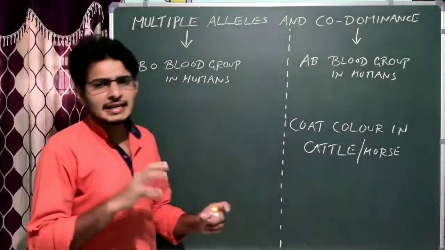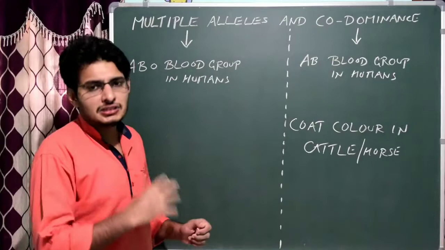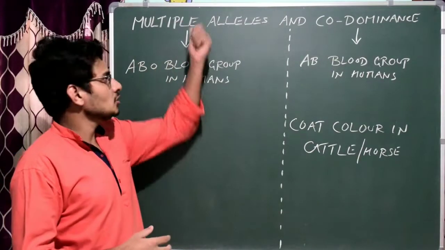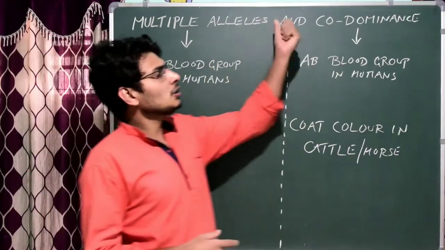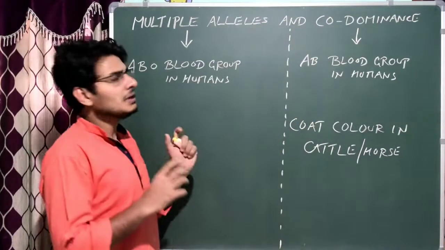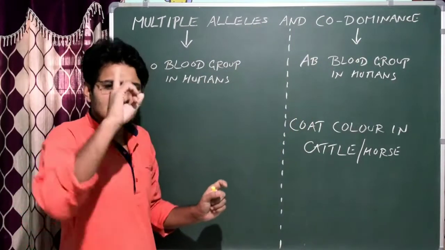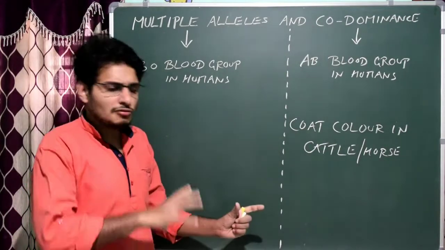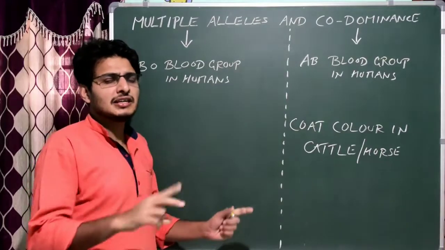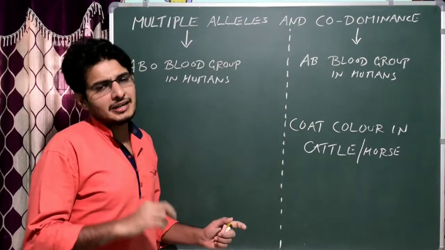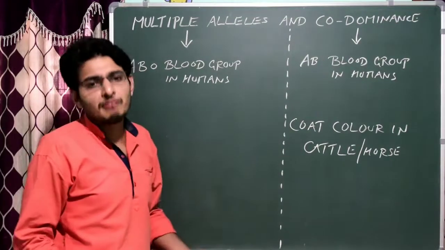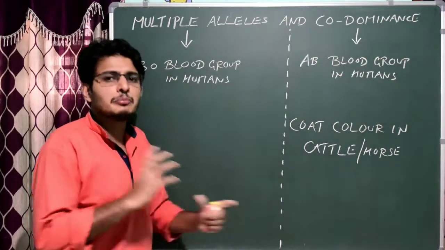Now we'll learn the second and third intragenic gene interaction examples, that is multiple allelism. It is also called multiple alleles, and then codominance. So multiple alleles is very simple actually, a single gene, but it can occur in different allelic forms. So far we have studied that a single gene can occur in two different allelic forms, that is capital A, small a, but it could occur in different forms actually. It varies from person to person.